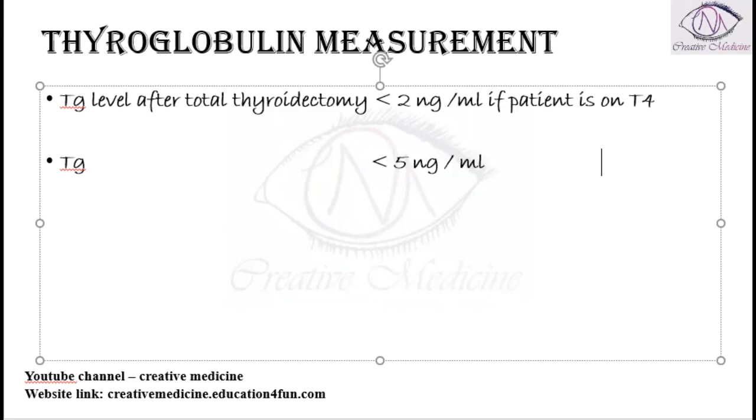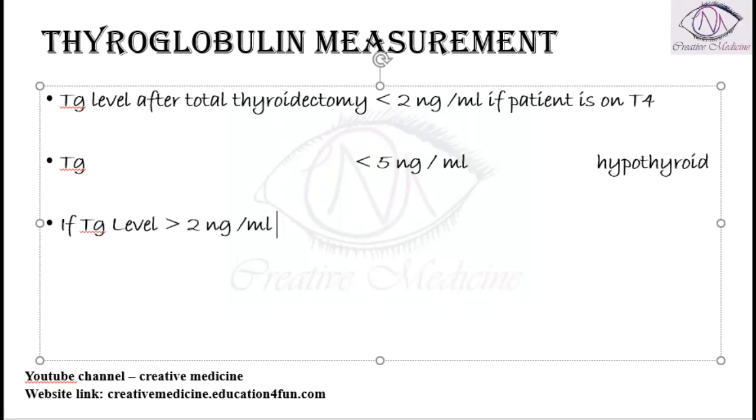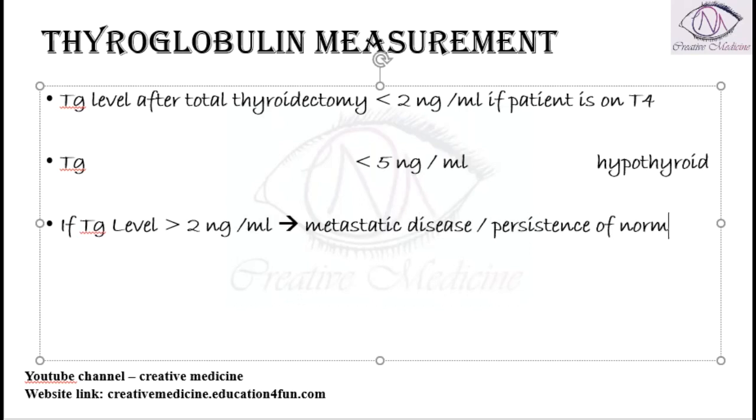is hypothyroid. If the patient is hypothyroid, then even if they are less than 5 nanogram per ml, it is fine. But if the patient is on T4, then the thyroglobulin levels should be less than 2 nanogram per ml. If the thyroglobulin levels in any case are more than 2 nanogram per ml, in most cases it is suggestive of metastatic disease, or it suggests that there is persistence of normal thyroid tissue